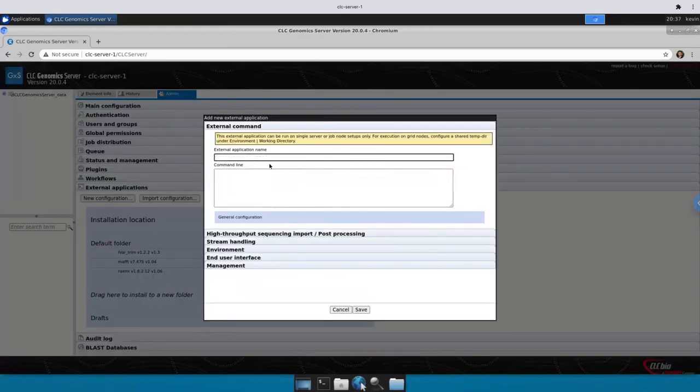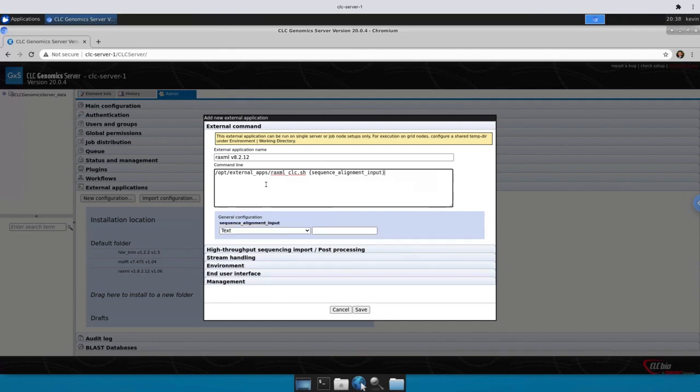So the first thing here is to start by naming the application. So we can call it RAxML version 8.2.12. And then next we're going to fill out the command line with the shell script that we just generated with the 2 positional arguments. So it is in our ops directory, external apps, and we called it RAxML clc.sh. And then that first positional argument is actually that sequence alignment input file that we will create the maximum likelihood tree based on. And once we close that curly bracket, you can see that populate there in that general